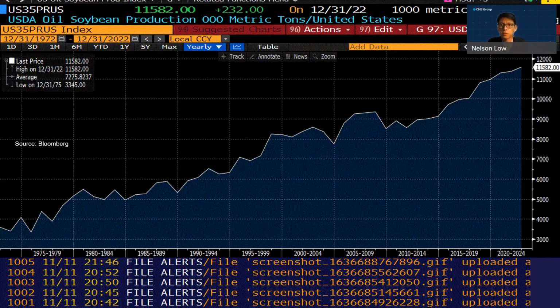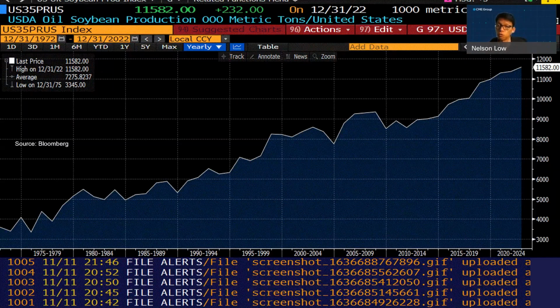So in this particular case, let's look a little bit at the supply. Let's look at the production. This is a chart of United States soybean oil production in metric tons, and you see that this is a very long-term chart. There has been very consistent growth in production over the course of almost 50 years. That's because of the popularity of soybean oil in many uses, and that has continued to grow as time has gone on.